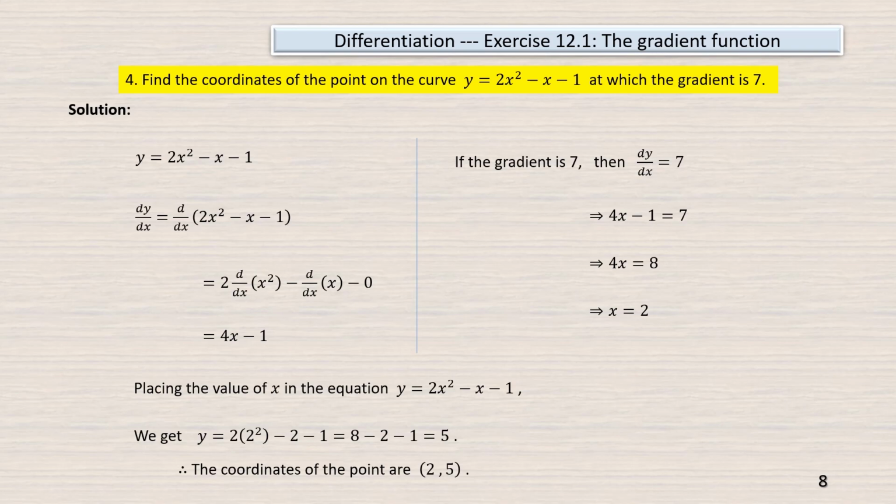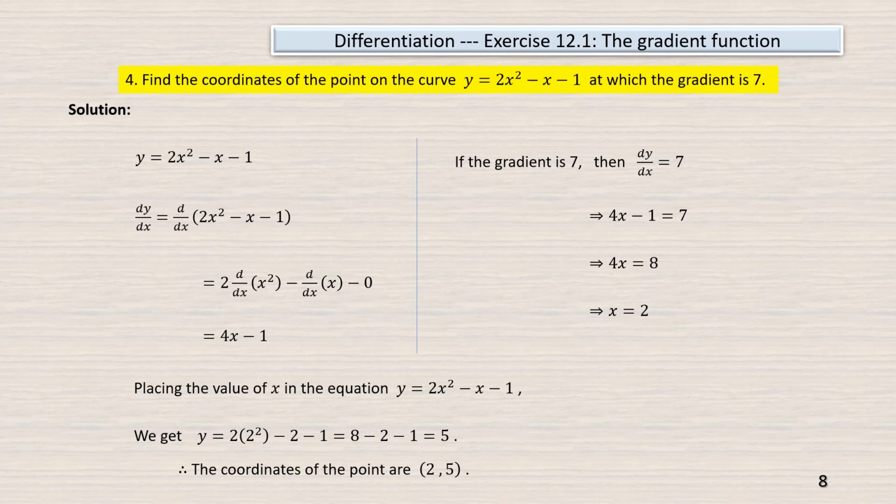The gradient value is actually the value of dy by dx. It implies that 4x minus 1 is equal to 7. From this equation we get x is equal to 2. Now put the value of x in the equation